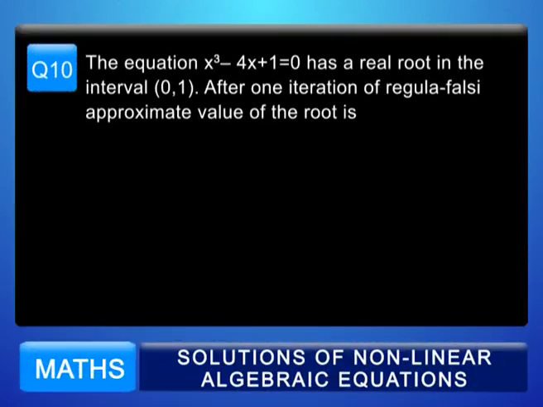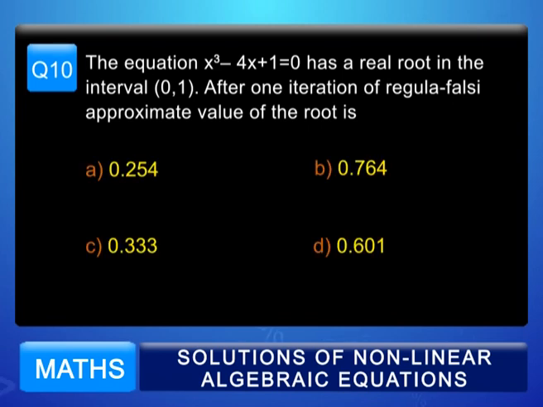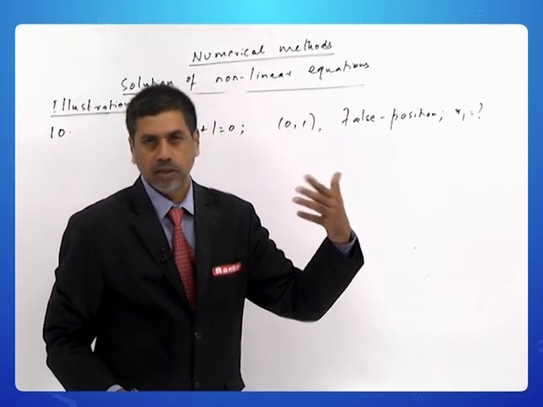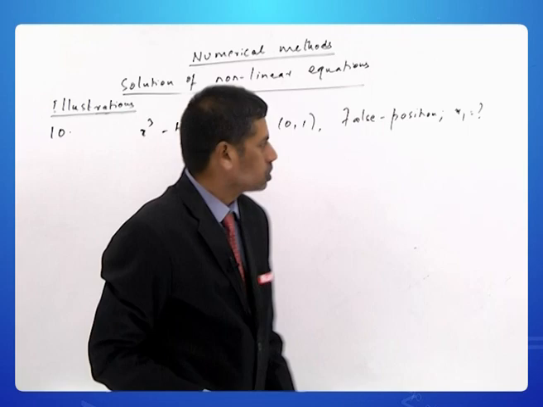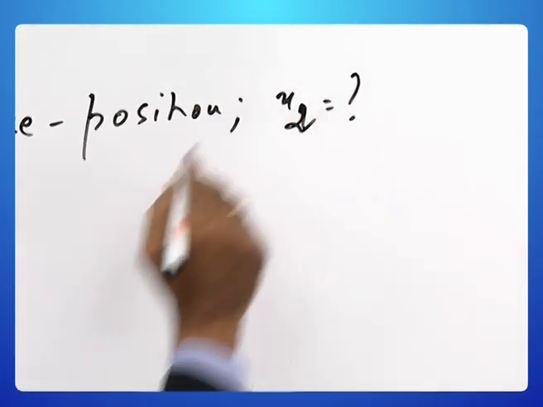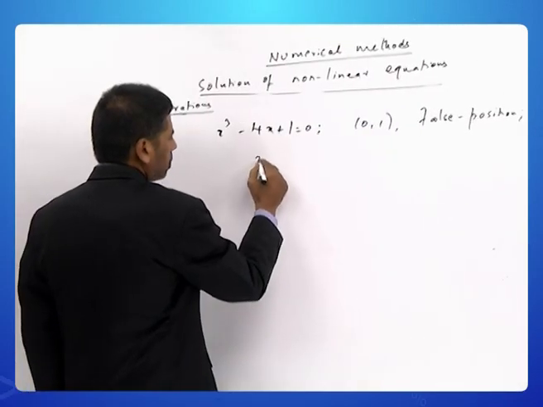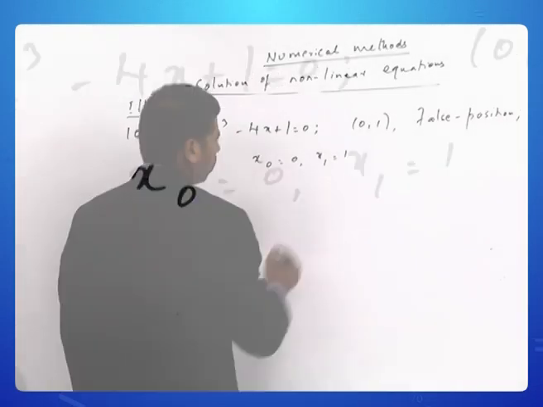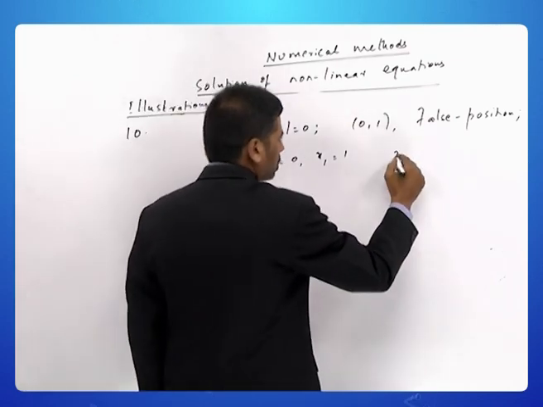Question number 10. The equation x cube minus 4x plus 1 is equal to 0 has a real root in the interval (0, 1). After one iteration of Regula-Falsi, the approximate value of the root is, there are 4 options, let us see which one is correct. Regula-Falsi or false position are one and the same. Given x0 as 0 and x1 equal to 1, we can estimate x2